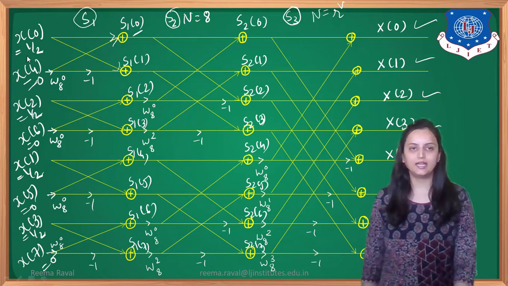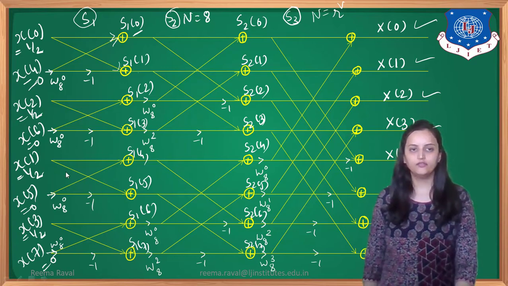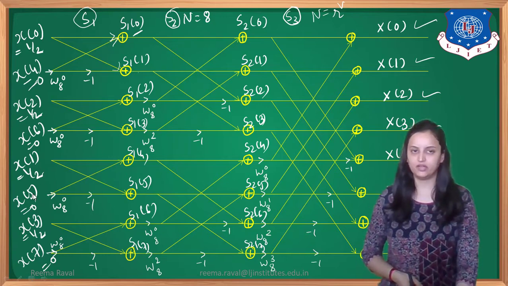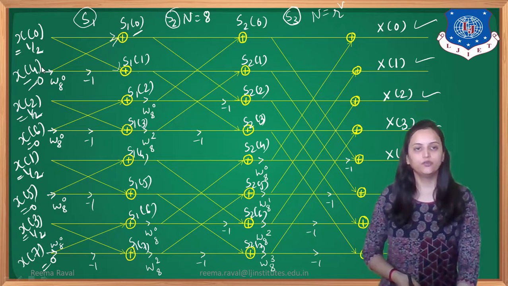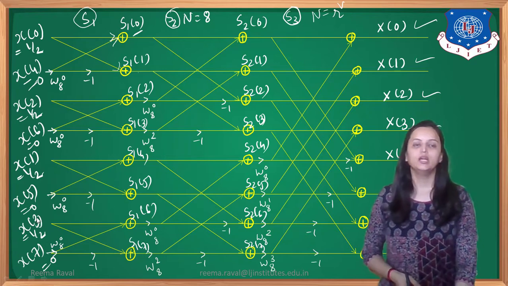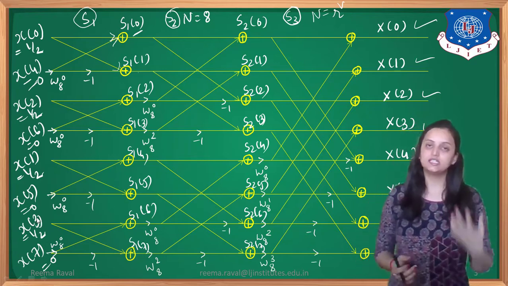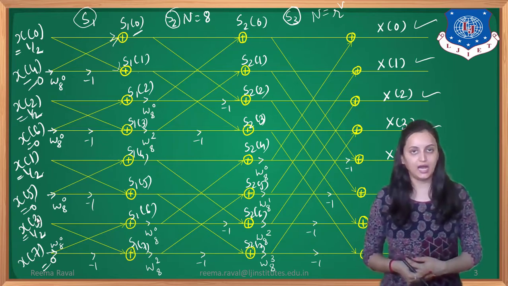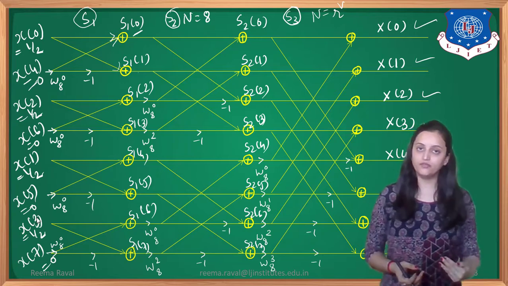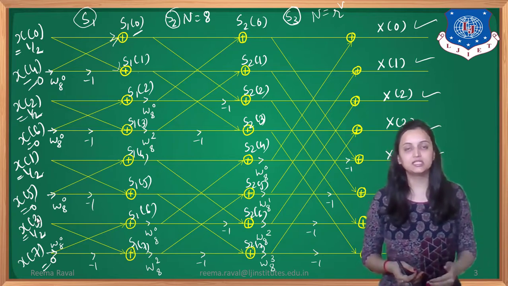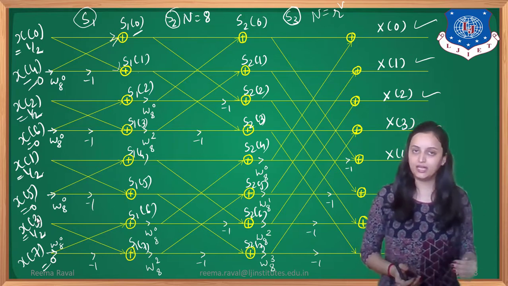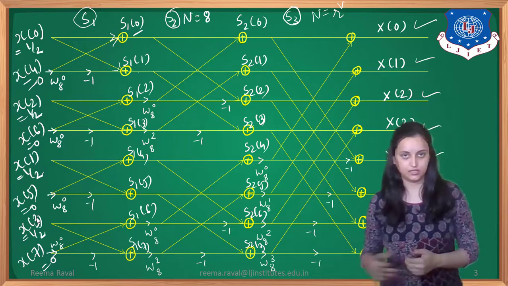As you can see over here, x of 0 is 1 by 2, x of 1 is 1 by 2, x of 2 is 1 by 2, and x of 3 is 1 by 2. Then x of 4 is 0, x of 5 is 0, x of 6 is 0, and x of 7 is 0. Here you have to be very careful placing these values, because as we have seen, the values on the input side are placed according to their even and odd indices, and they are also bit-reversed. That means they are placed alternately at the input side. Based on that we have to place the values given to us in the sequence, right?